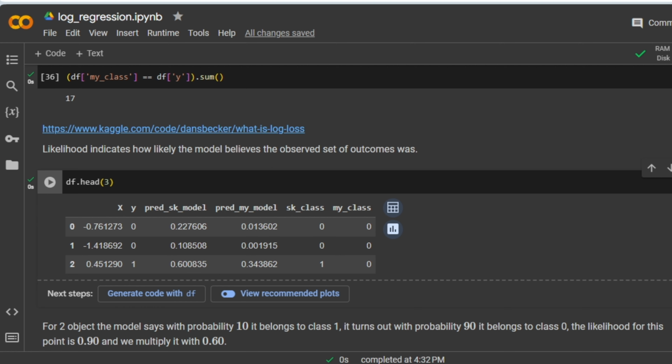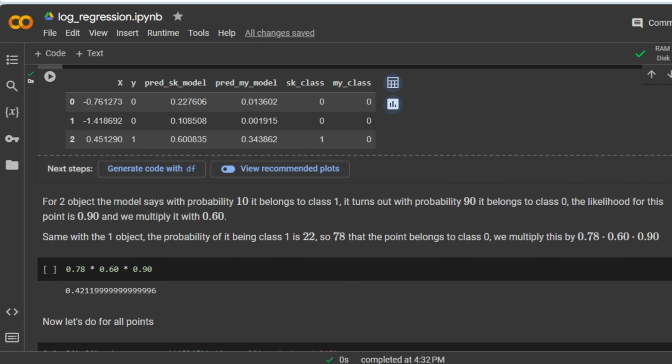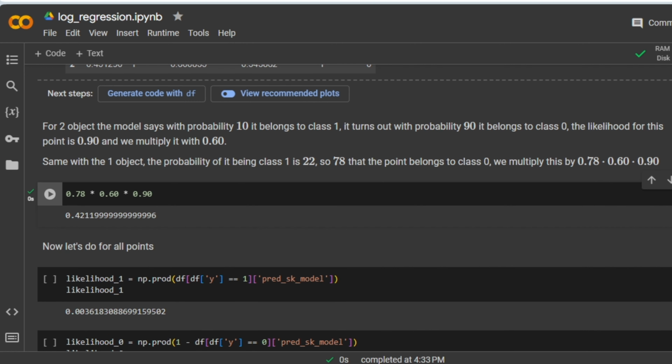The likelihood for this object is 0.9. For the first object, the model predicts with a 22% probability that it is in the yellow class, and with a 78% probability that it is in the 0 class. The likelihood for this object is 0.78. To calculate the overall likelihood for these 3 points, we multiply these individual likelihoods together, resulting in a likelihood of